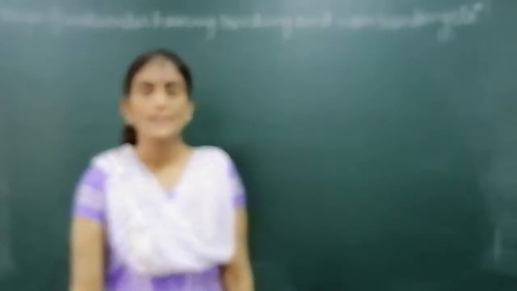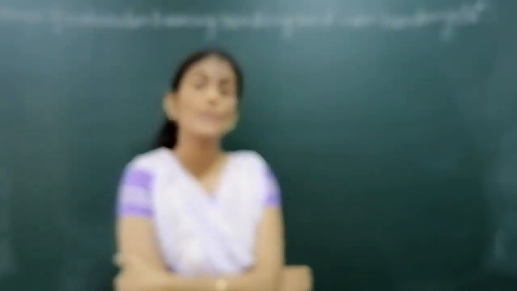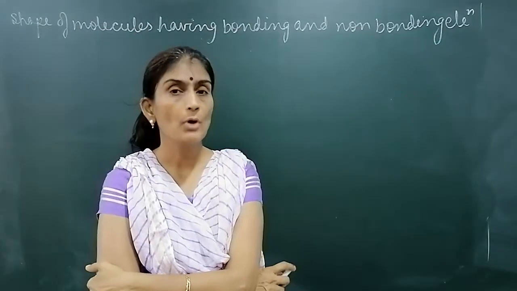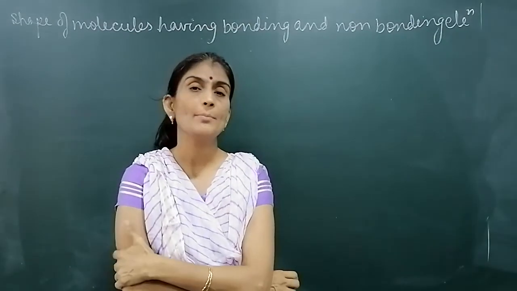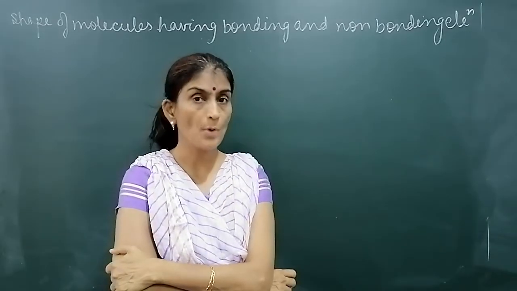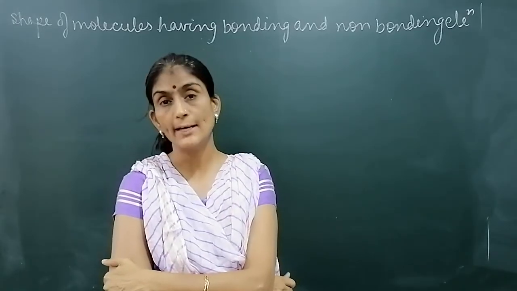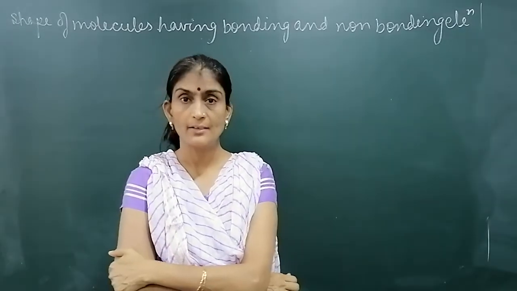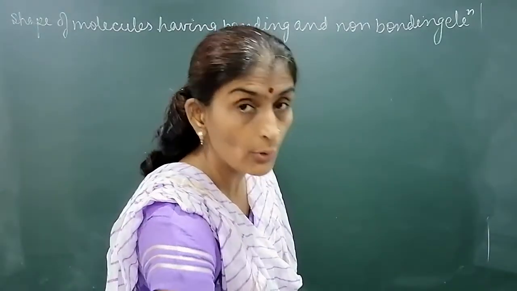Hello students, last video we had completed shapes of molecules having only bonding molecular orbital around central atom in VSEPR principle. Now we have to do the shapes of molecules having bonding as well as non-bonding electron pair around it. One by one we will discuss. First type of molecule is